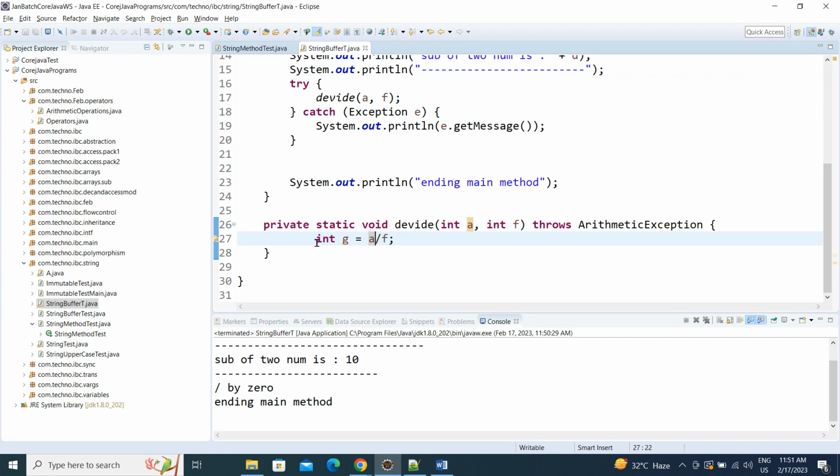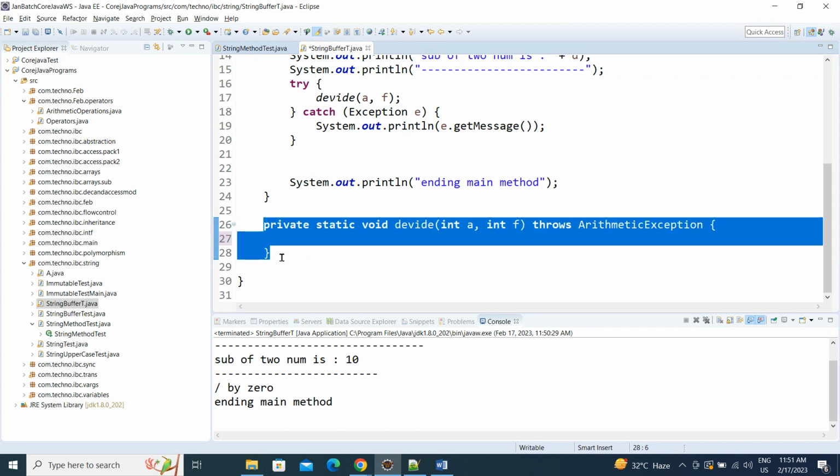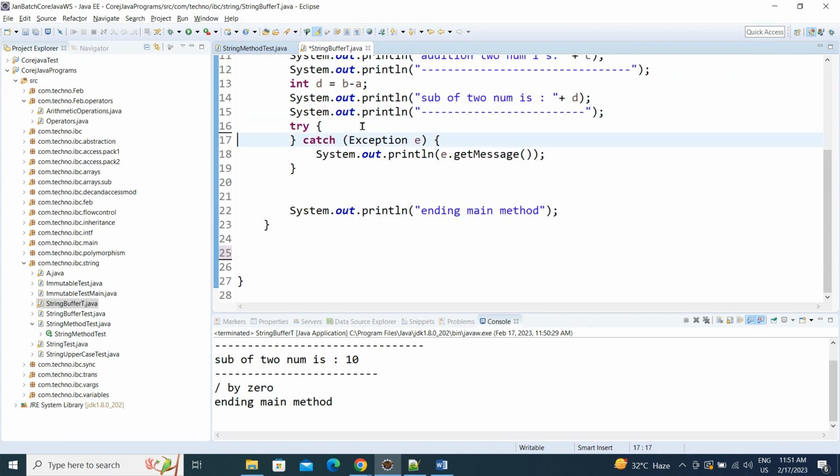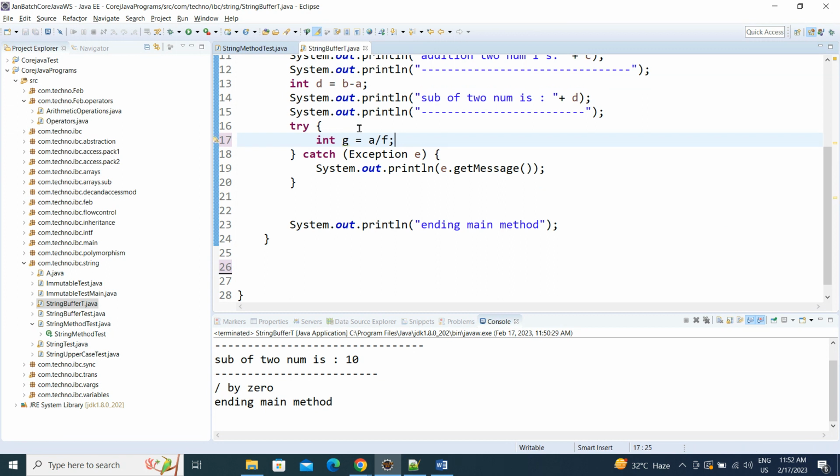If you know there may be a chance of an exception coming from those statements,